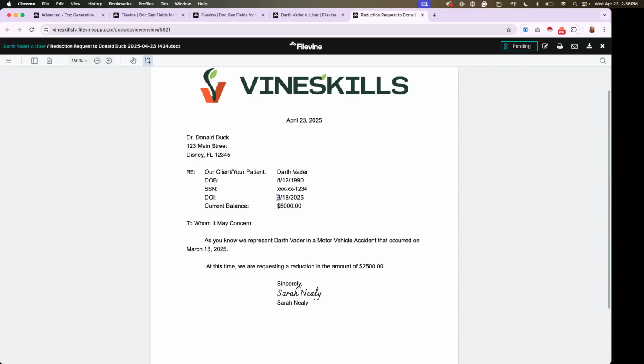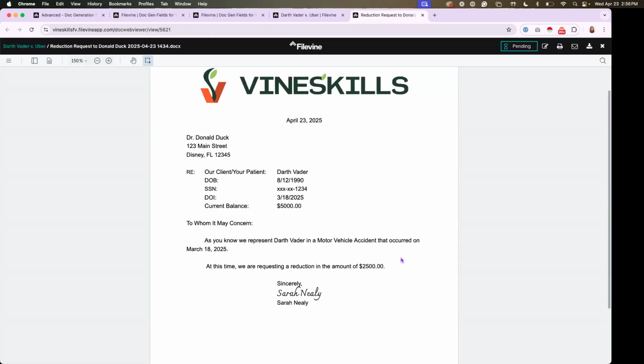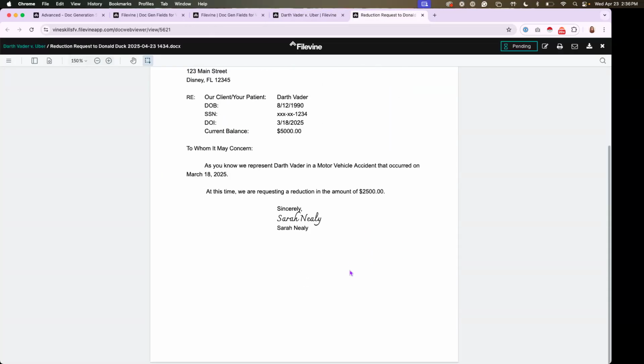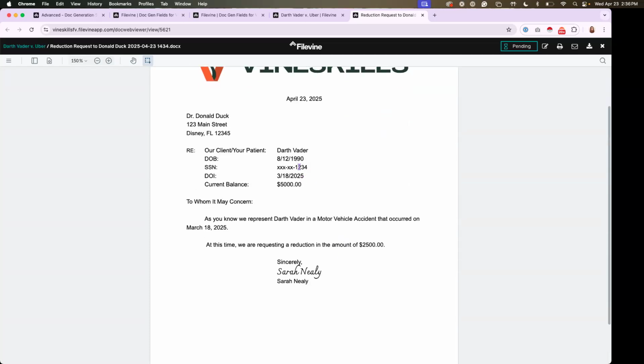Here's our date of incident pulling from intake, my current balance, which I have right here, and then the amount that I'm actually requesting right in here. Now, let's say I need to make an edit, right? So I don't want to go in and update Darth Vader or update the code and then come in and regenerate it. I really need to get this out. I can just edit this